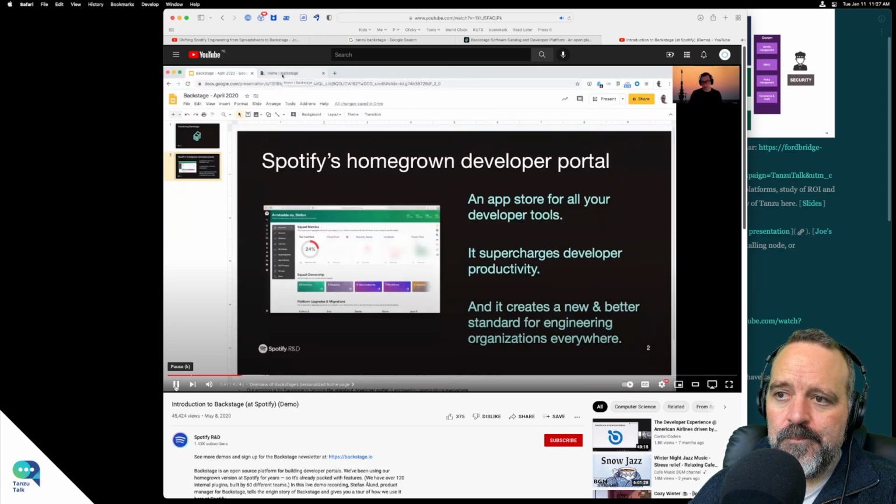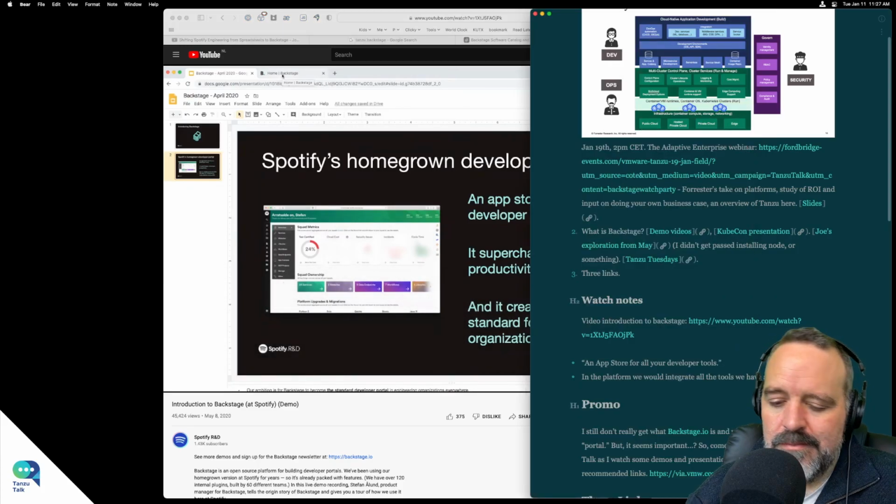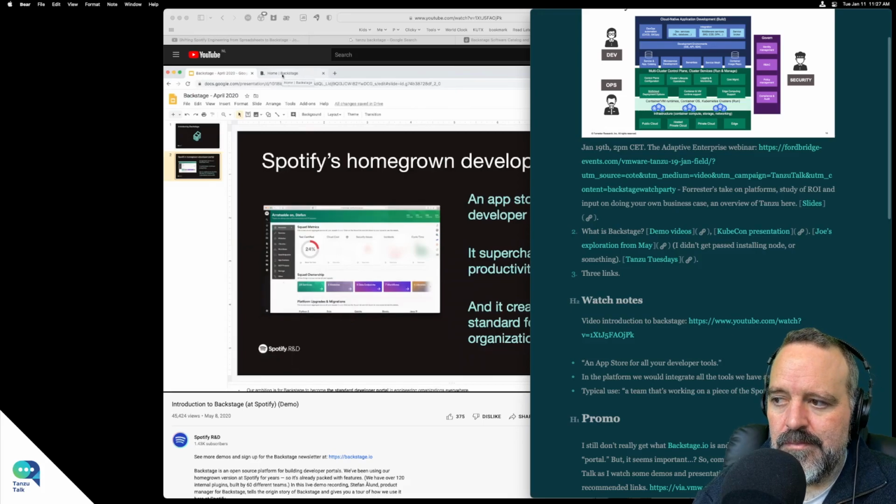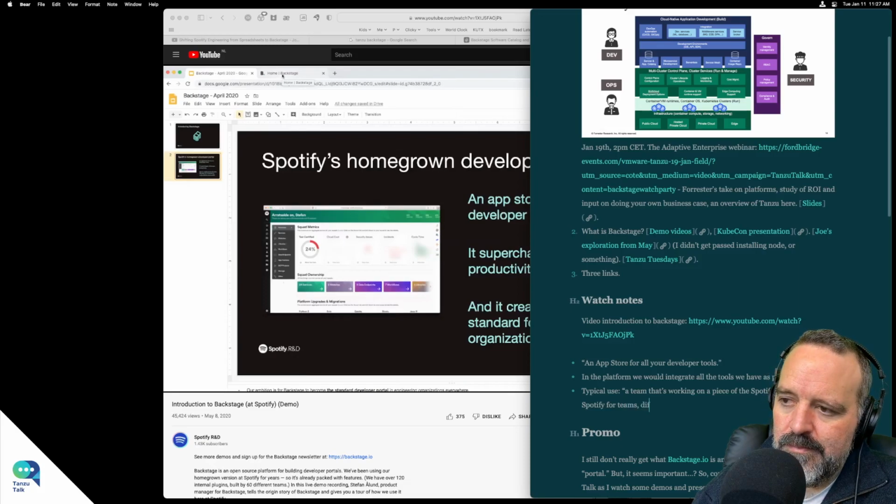Before we do that, the typical user of Backstage today inside Spotify is a team that is working on a piece of the Spotify puzzle. It's a piece of the Spotify app or the Spotify service. It could be teams like the search team that owns search across all of Spotify. Another team could own our ad insertion stack, or a part of the Spotify for Kids experience. All of Spotify is divided up into small teams, and all of those teams use Backstage as their primary way to create and manage the software that they own, that makes up their parts of Spotify.